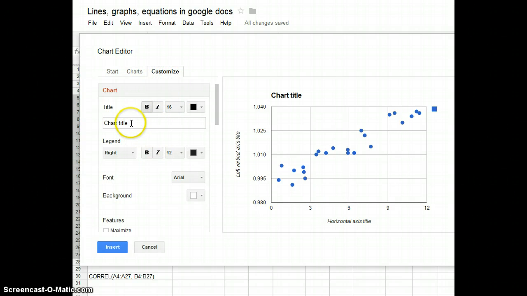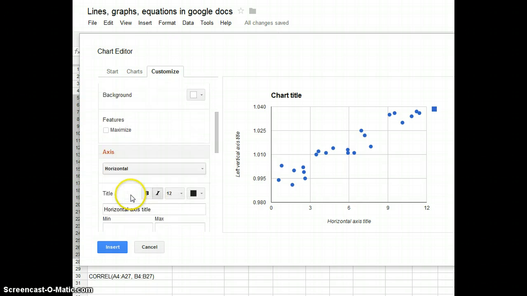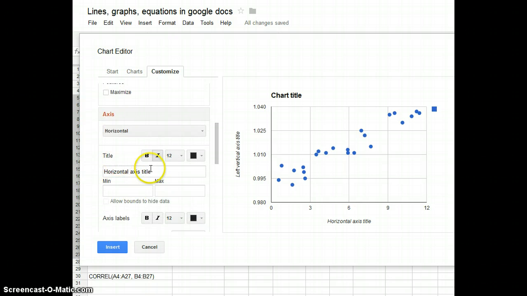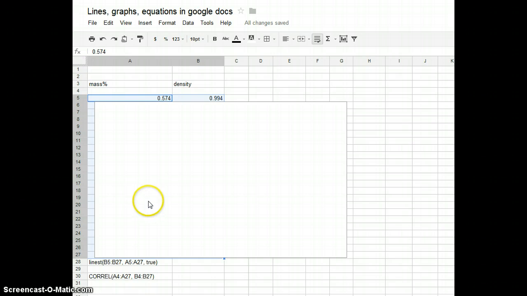We can come in and put in our chart title. We can say soda density data, and we can title our horizontal axis. So our horizontal was mass percent and things like that. We can do all that stuff and adjust all that stuff. And then it's working,